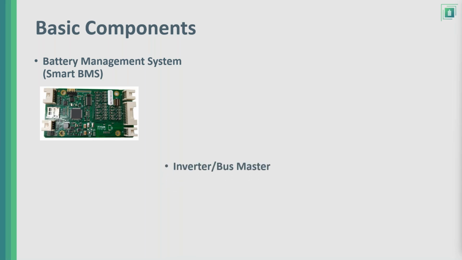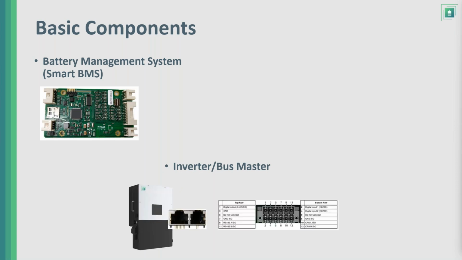So in terms of who receives the information that the smart BMS is sending, we have the inverters. Most of the inverters will have, as you see, one of those RJ45 ports, which are the connectors that Cat5 cables use. That port will be identified within the inverter, and most of the inverters use the same way of doing it. Of course, our inverter, the NV 8, 10, or 12 versions, have this port,